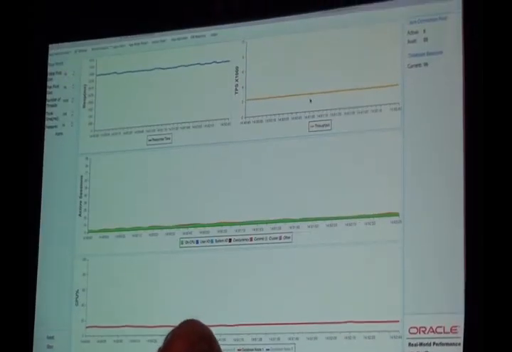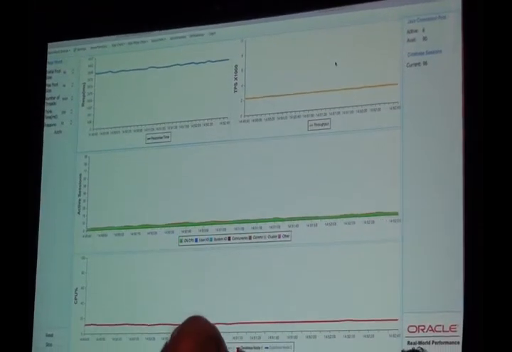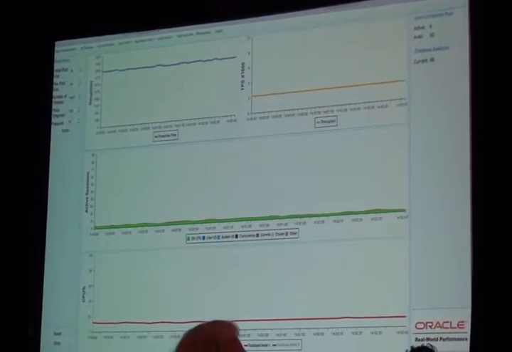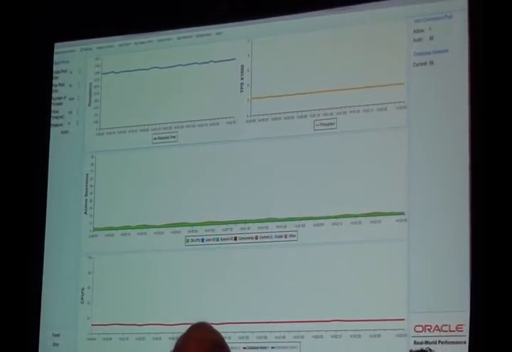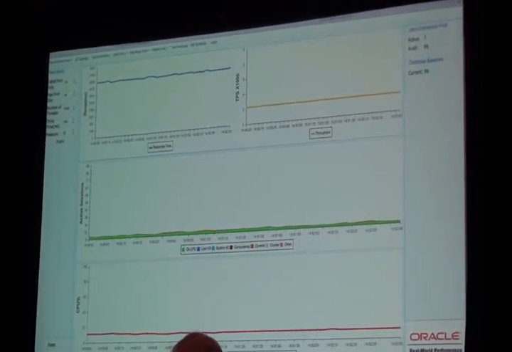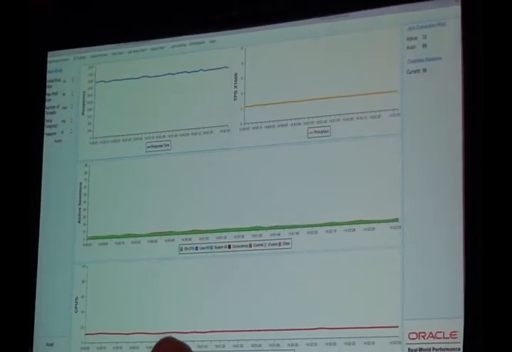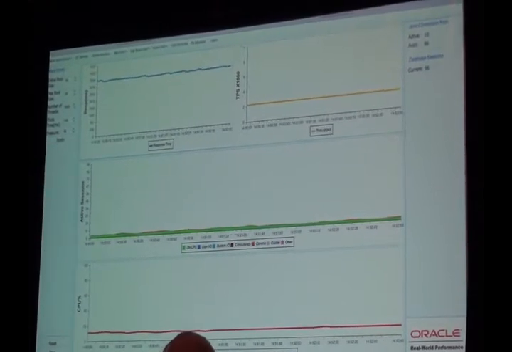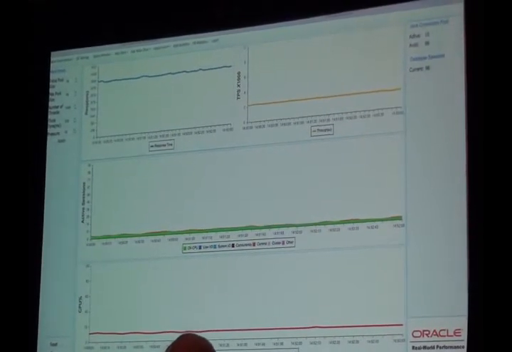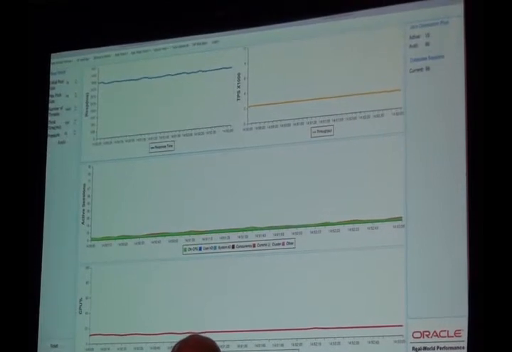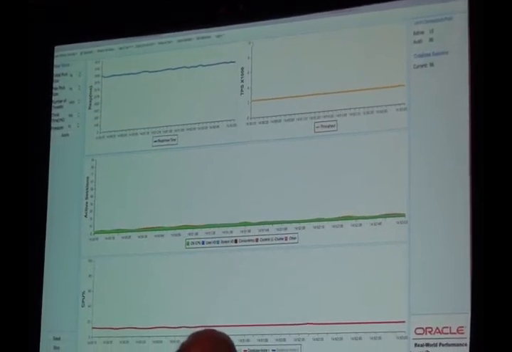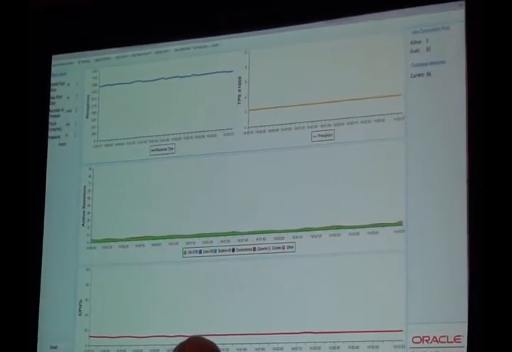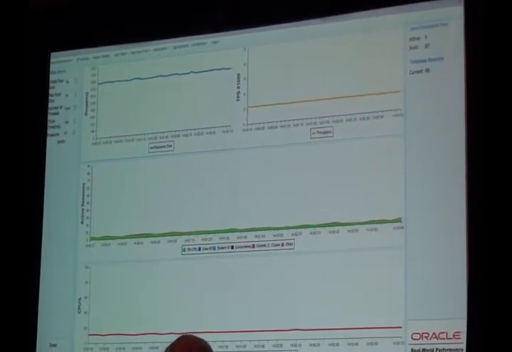Okay? So in our first case that we're going to actually look at today, this gives me a chance to introduce everybody we've got here. I'm going to play the role of an IT director, and we have a performance problem. This is a picture that we have on our war room screens. At the top, the first two windows are our measures of application performance. We've got a throughput graph and a response time graph. Below that, we have a database wait event graph. Below that, the CPU on the database.